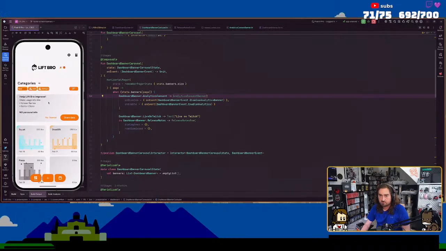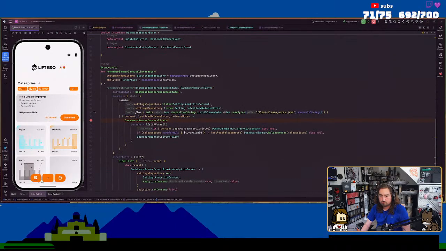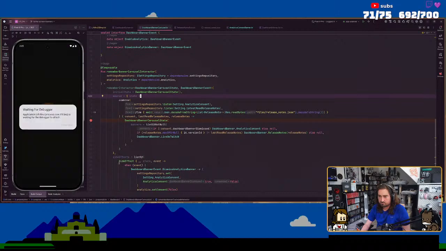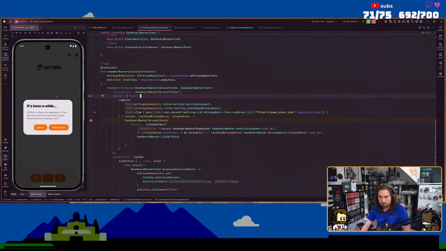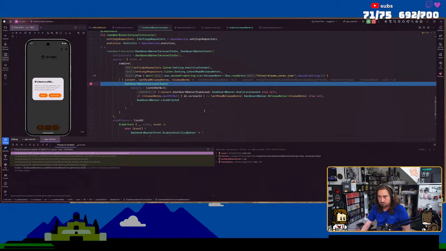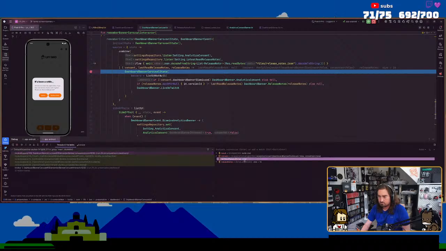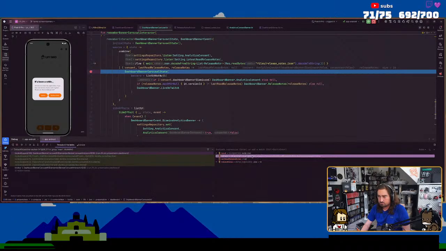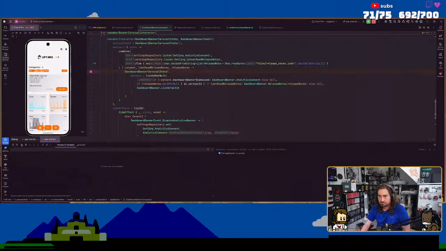When it's release notes, is release notes not null? Yeah, so we still have all the banner's not. There we go. Something was weird there. So yeah, I need to fix that jump.